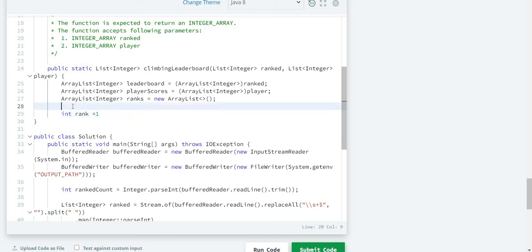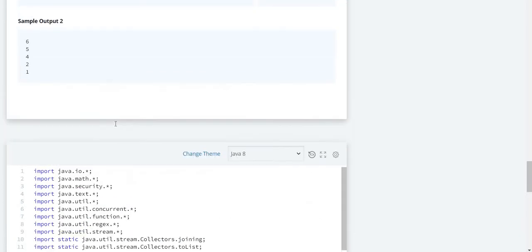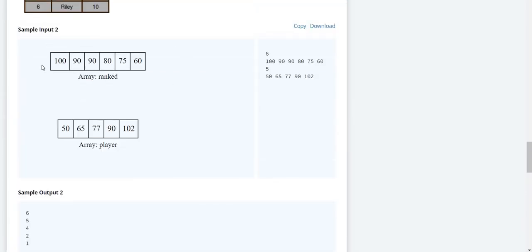But before that, we have to create a hash map of integer as keys and again integer as values. Let's name it rankings. Here we are taking rank as 1 because we can see that these leaderboard scores are given in descending order. So of course this ranking is always the first ranking.